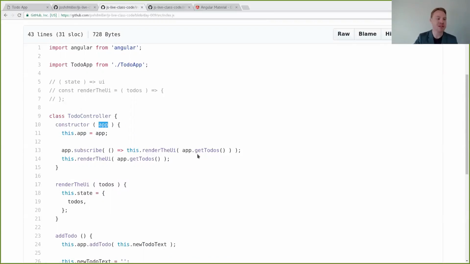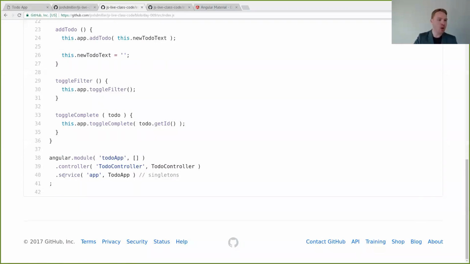Do I have something called app? Well, we've defined a service called app, and we passed in our to-do app factory function. So I've told Angular that if anybody asks you for something called app in this to-do app module, then give it one of these. And I put a note here that these are singletons, which means that if 10 things all ask for an app, they're all going to get the same app.